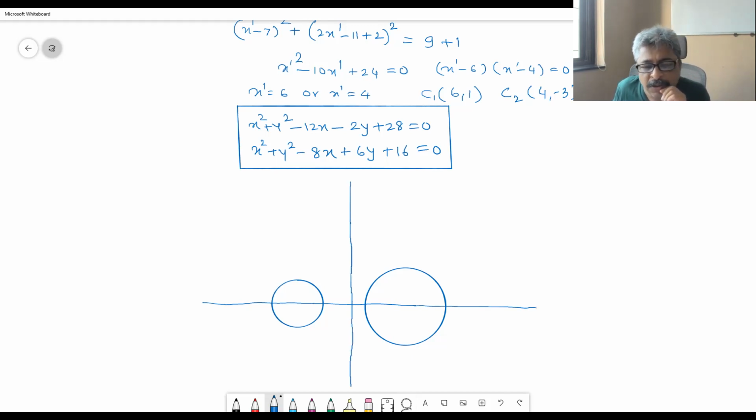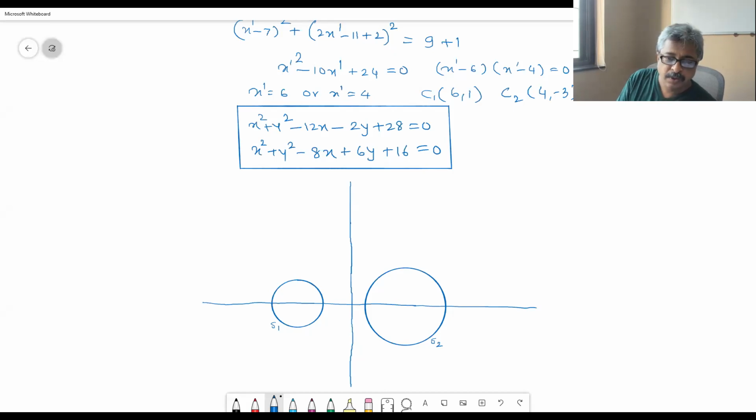This is S1, S2. Can we find out one more circle so that that circle and S1 will have the same radical axis, or that circle and S2 will have the same radical axis? Can we geometrically find out one more circle S3 coaxial with S1 and S2? Geometrically, can we do that? Check whether you can do that.